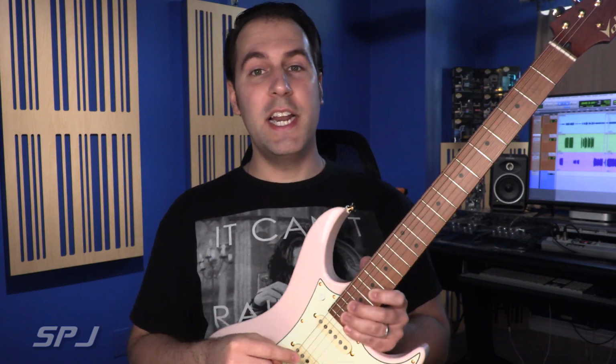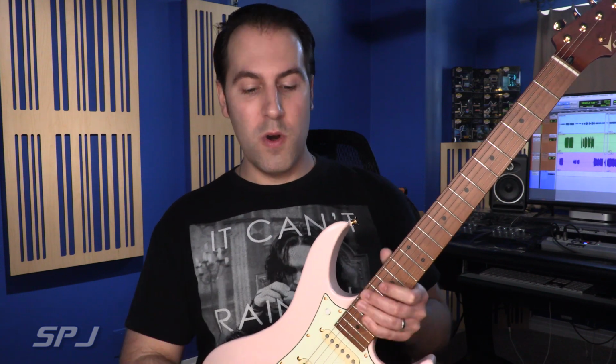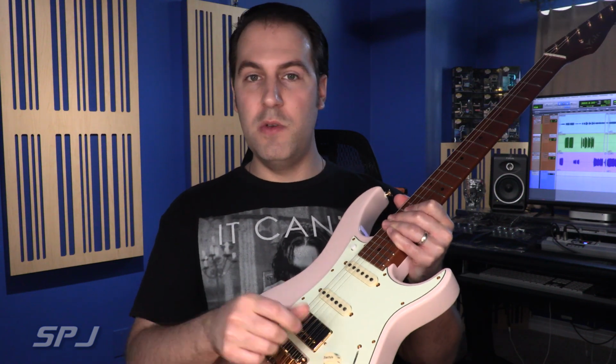But there's a couple key additions that really up the versatility of this instrument and allow for some tones that you might not get from a normal HSS guitar without some serious modification. First is this small 3-way toggle switch located between the volume and the tone knobs. Now this is connected to the bridge humbucker and allows you to get a series or parallel humbucker sound, or tap the coil to get single coil style sounds in the bridge position,